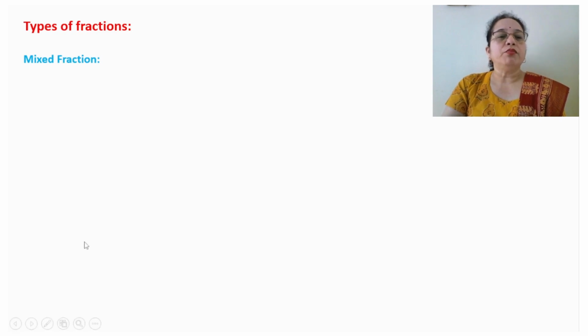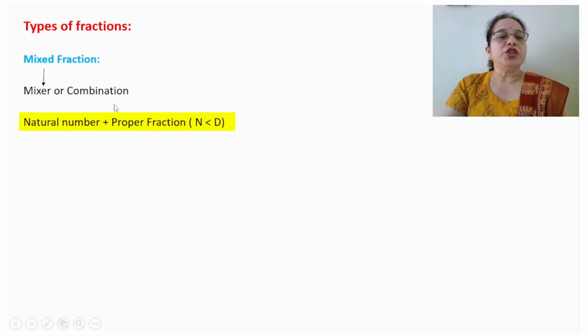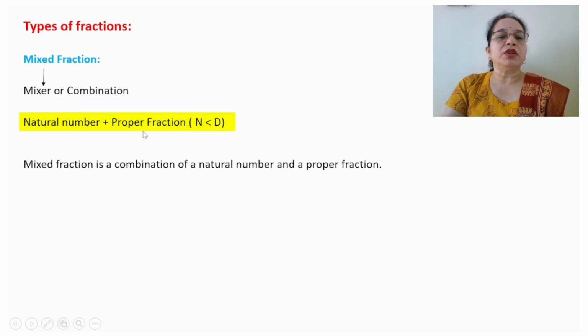Mixed fraction, mixed means mixture, or you can say combination. So this is the combination of natural number and proper fraction. Proper fraction means numerator will be smaller than denominator. So mixed fraction is the combination of natural number and proper fraction. So such type of fractions is known as mixed fraction, and we write down this as 2 is to